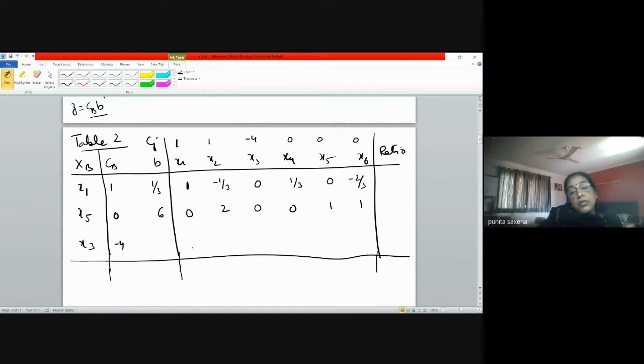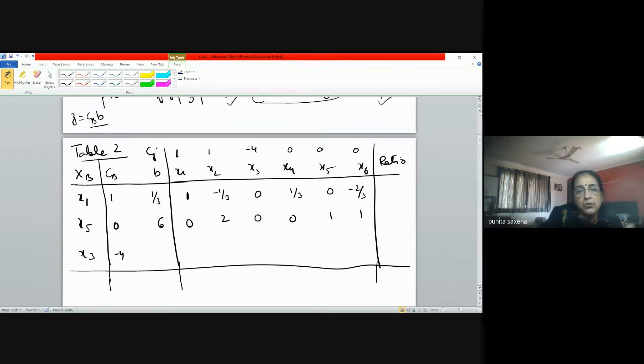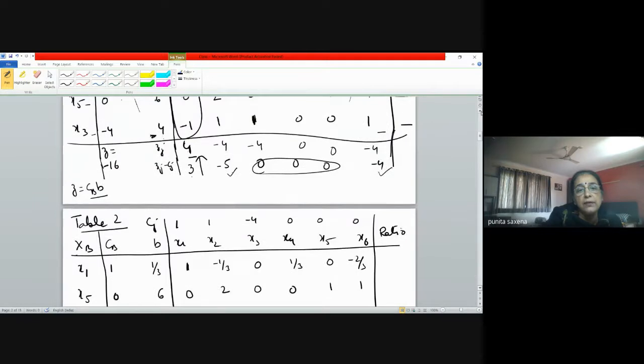Why? Because what is the entry in the previous table? What entry do we have at this position in Table 1? -1. Right? And this -1 needs to be made 0. With the help of what? This +1. Okay, so basically we'll be changing our R3 to R3 plus new R1. We have to do this operation, only then this element will become 0, right? And so what will be that? It will be 4 plus 1 by 3. Is that okay?